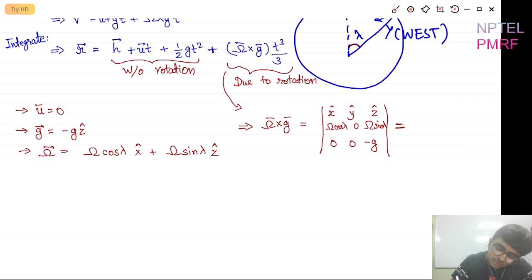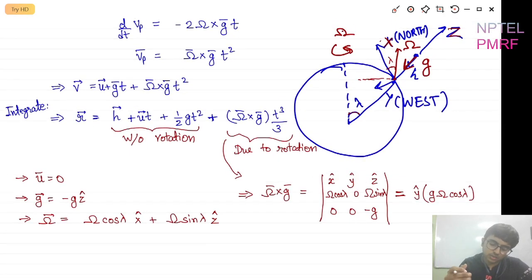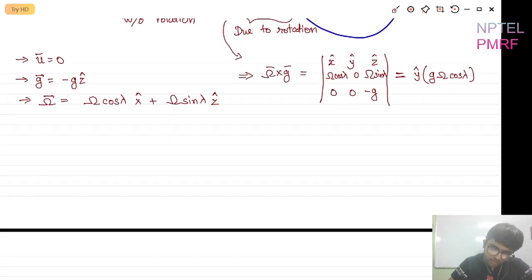so x component is 0, y component will have a term which is g omega cos lambda, right? And z component will also be 0. So you can see this is omega, and omega cross g has some positive y component. Okay,